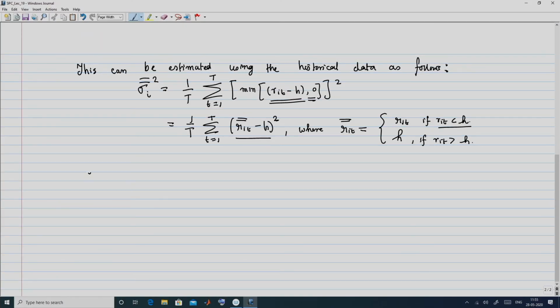1 to capital T, and then you calculate its expectation by taking the average, dividing this by capital T, assuming that each of those returns R_i,t, t equal to 1 to capital T from the past is going to be equally likely. All right. So, now in the continuous case,